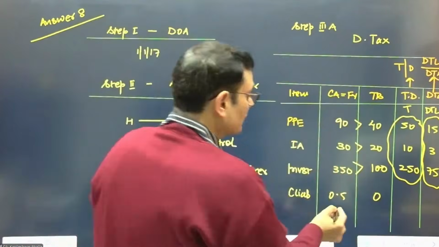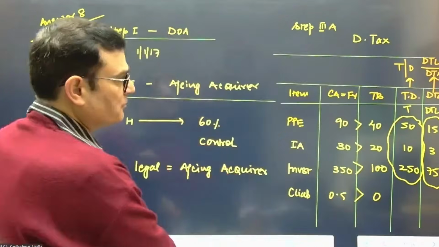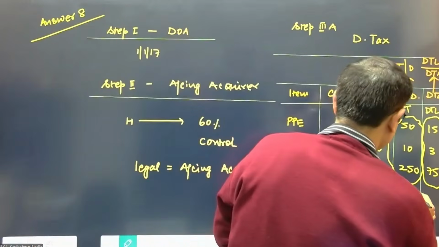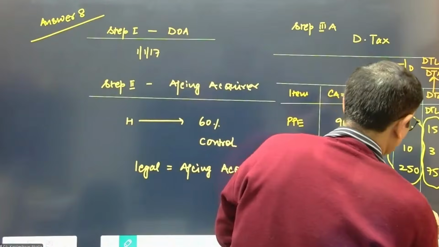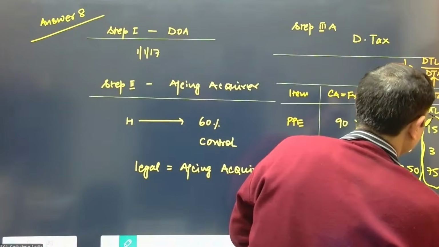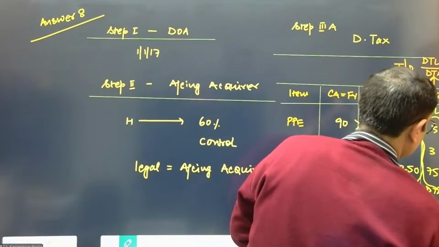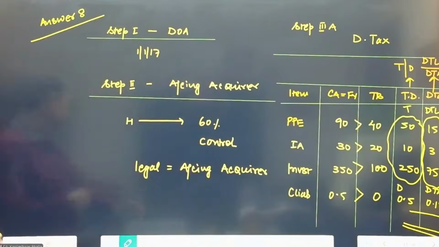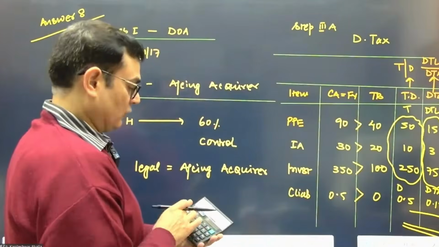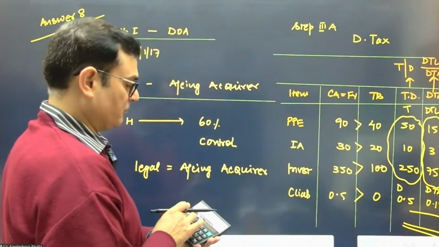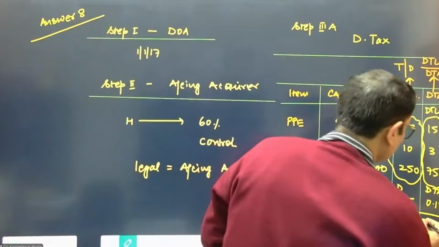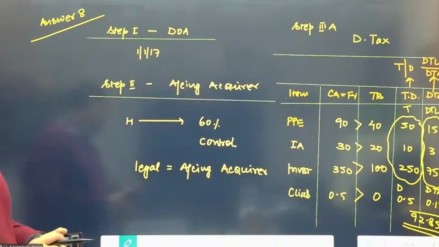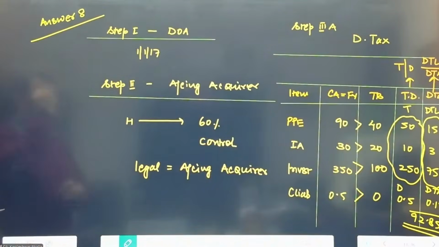So in this case, the fair value of the liability is more. That was right, what he said. It is a deductible temporary difference. That's 0.5, so 30% would mean 0.15. That will lead to a DTA. So let's get the net deferred tax liability in this case. So that's going to be 15 plus 3 plus 75 minus 0.15, 92.85, I guess. This is the net deferred tax liability which is to be incorporated.